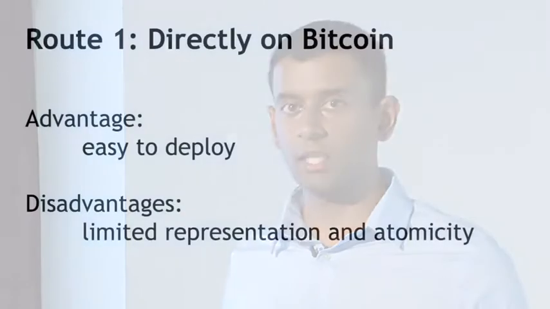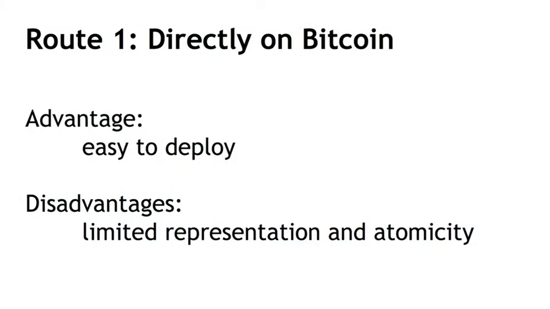The first one, sort of the obvious default one, is to directly use the Bitcoin blockchain itself. And this is the one that we saw in the smart property example as we walked through the steps. The advantage, of course, is that it's easy to deploy. The blockchain is here. It has all this miner power behind it, so we know that it's something that's very secure. The consensus process cannot be easily disrupted.